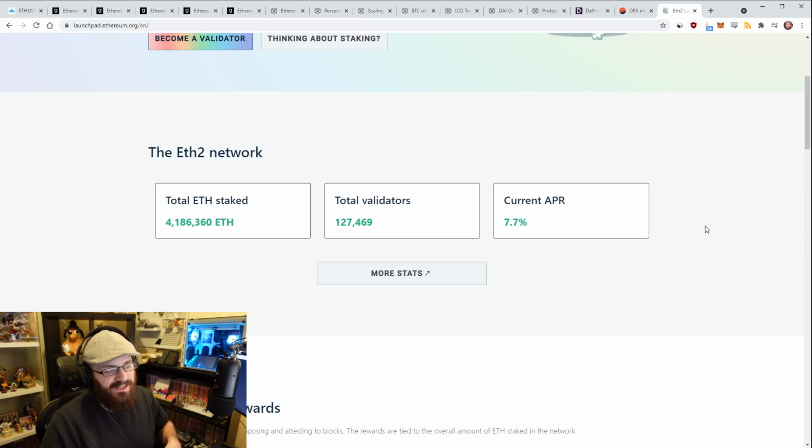So I think once the merge goes through, we can expect the total ETH staked to go to north of 10 million easily, especially if the APR comes down from 25% because more people stake, but stays around 5-10%. And then as more people stake, more ETH gets locked up, and naturally the price should appreciate too. When the merge happens, there's going to be about a 90% issuance reduction immediately as well. And stakers don't have huge ongoing costs like miners, so they're not going to be dumping as much.